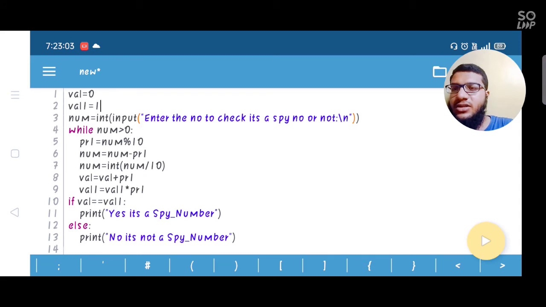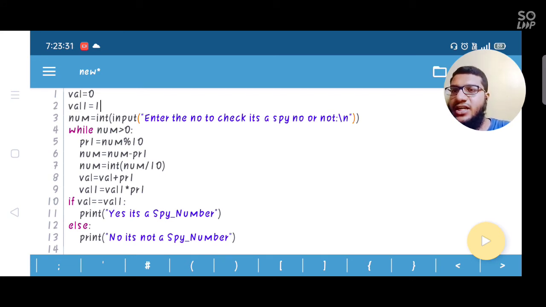Now I have the val variable, which I had declared as 0, so 0 plus part 1. And what was in part 1? In the first iteration of the loop there was 4 in part 1, so 0 plus 4, and 4 has been stored. Now I have val1 with 1 and have multiplied 1 with 4, so 4 ones are 4, and 4 has been stored in val1.